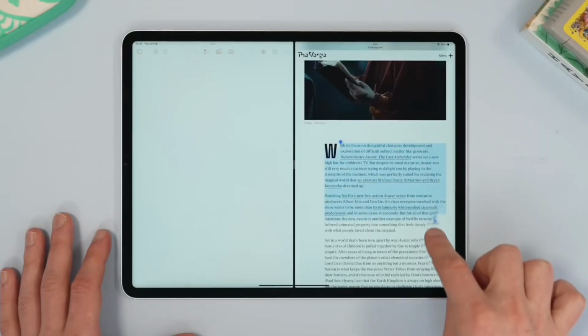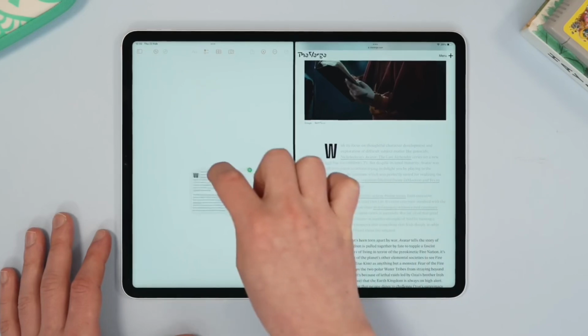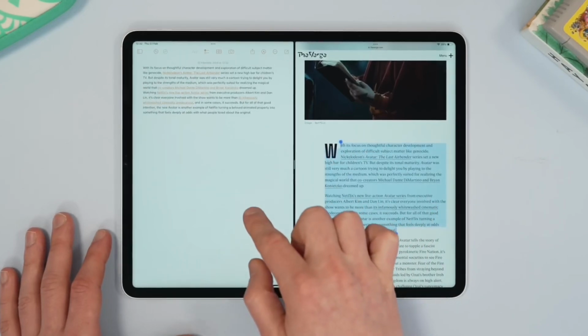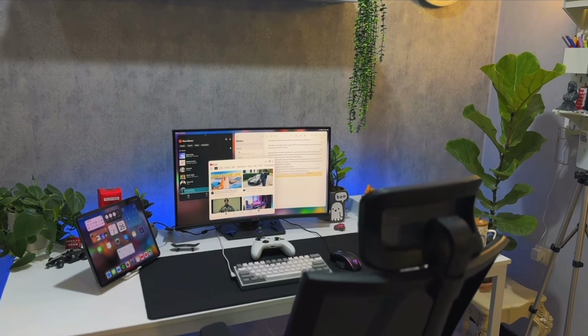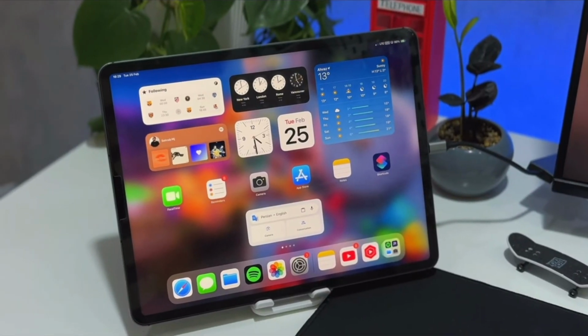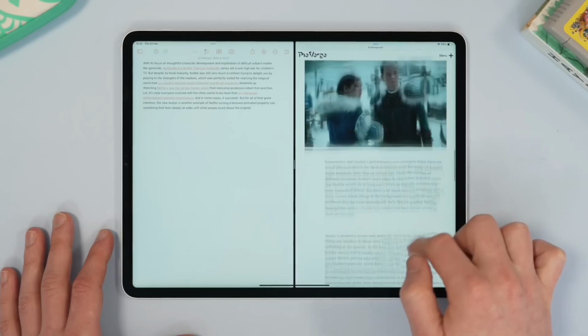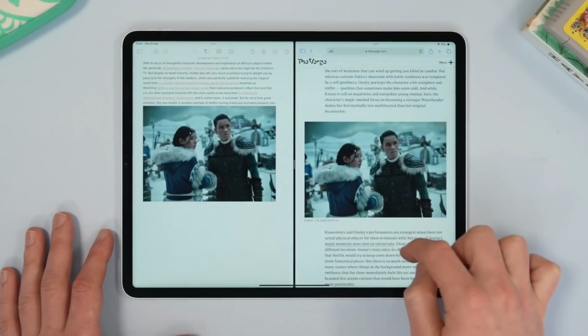Staying with notes for this next one, this is one of my favorites. If you have Notes open next to something else, you don't actually need to hit copy and paste to get text into it. You can just highlight it and then drag it into your note file and it will just appear. And not only will it do that, but it will also bring over all of the links. And you can do the same with an image. You can just highlight the image and drag it over. There is no need to use copy and paste.